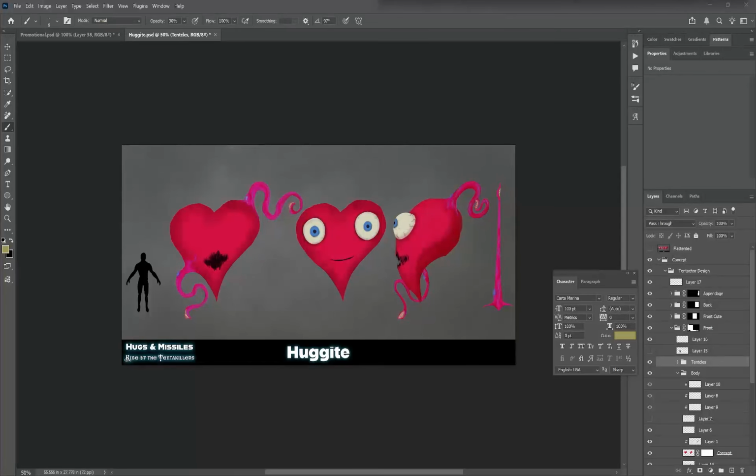But I'm going to do my best to get something that looks scary. It looks like it could be cute and somebody might approach it at first, but then when it opens its mouth, it's not going to be that cute.